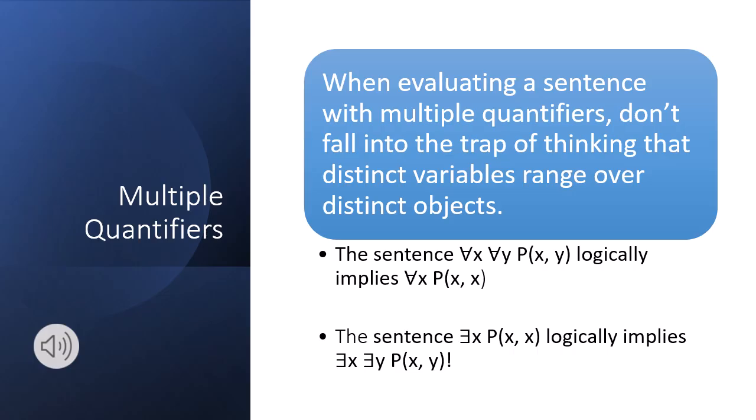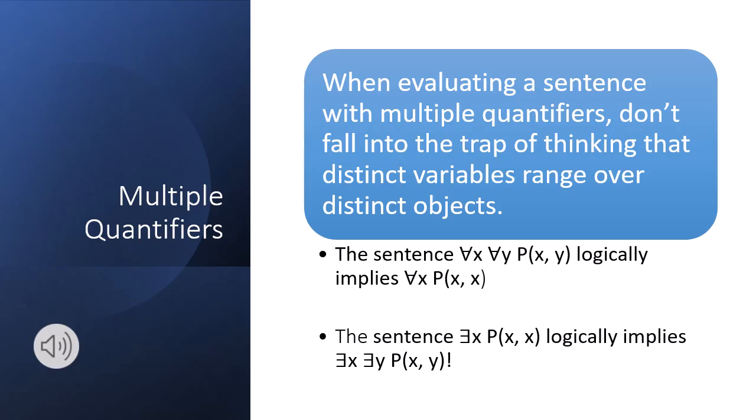And in particular, that first bullet point holds true. If you have that sentence that says for all x and for all y, the sentence p of xy is true, well, that will logically imply that for all x, p of xx is true. And again, that's because when we're quantifying over those x and y, it could be the case that x is equal